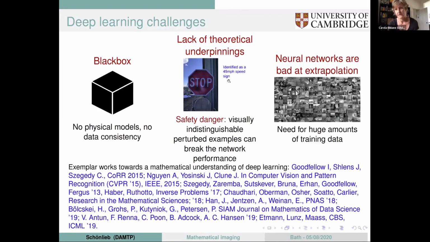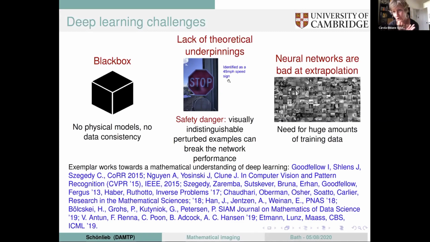The other thing is that neural networks, if you train a neural network, I'm now talking about neural networks mainly here. If you train that with training data, then it's very good, when you take it away and give it new data that is similar, right? So it's very good at interpolating, giving you predictions for which it can interpolate between the things that it has seen before. They're not good at extrapolation,